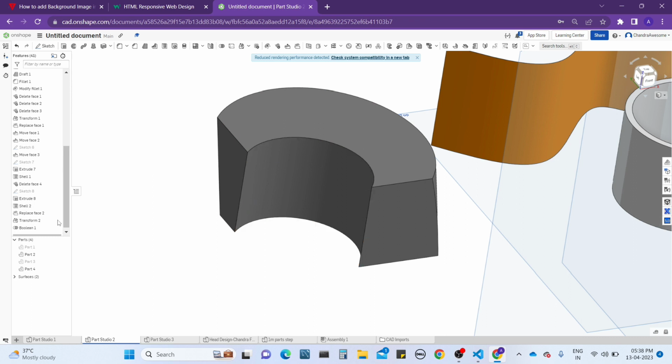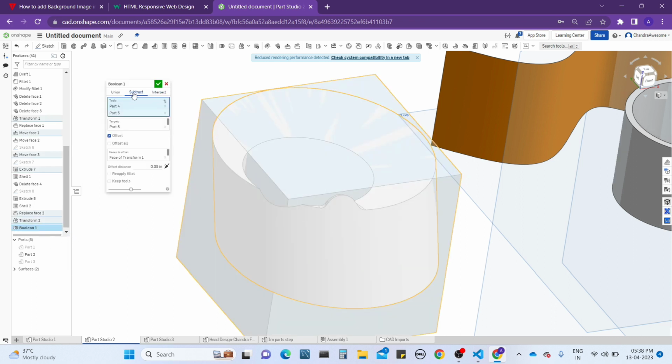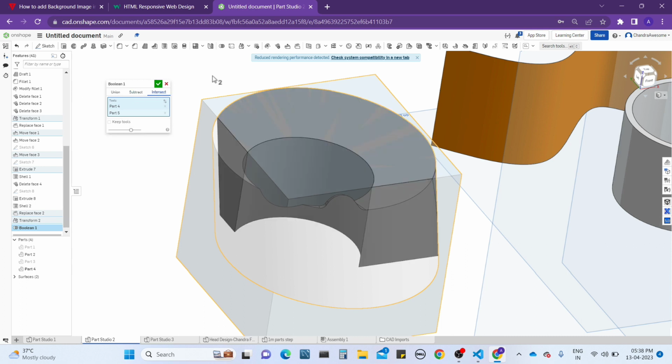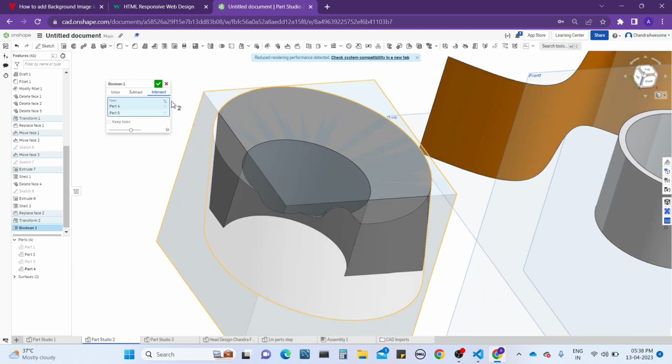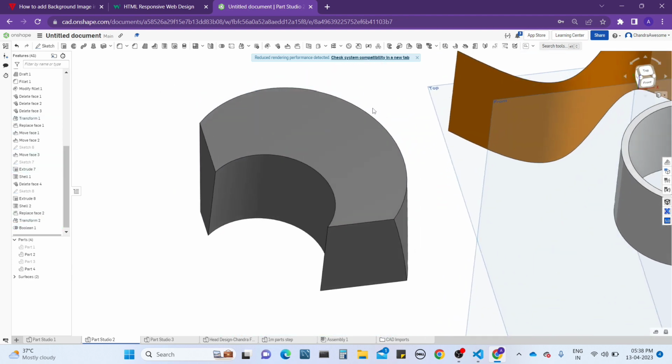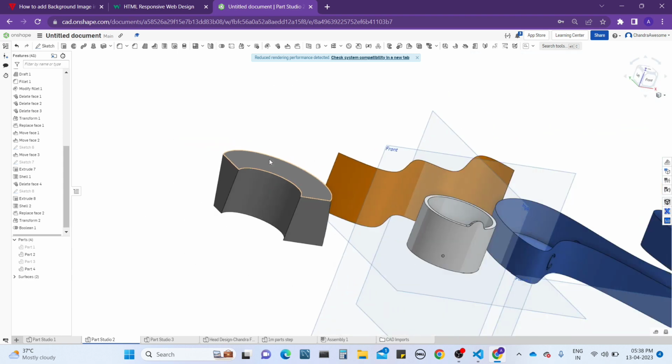That is the use of the intersect tool, guys. You can see the difference clearly. If I select the separate part, it is removing. If I select the intersect part, it is keeping the intersected area. That is the use of the Boolean tool, guys. It is very useful, and you can also make molds by using Boolean operations. I will show you how to make molds right here. Okay,